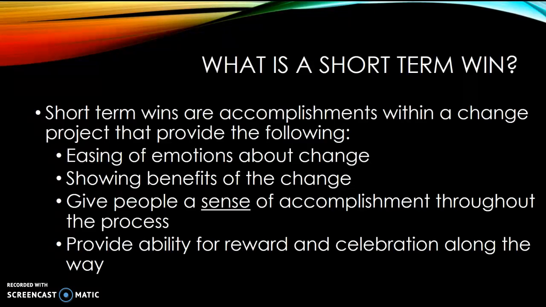So you've got to provide some short-term gains in the process to show that you're headed in the right direction, and it gives people a comfort that we know the change is a good thing to do and that there'll be benefit in the long run. So these are the key aspects to look at in your change project as you're going forward, to say, where can I pinpoint some small short-term wins along the way?